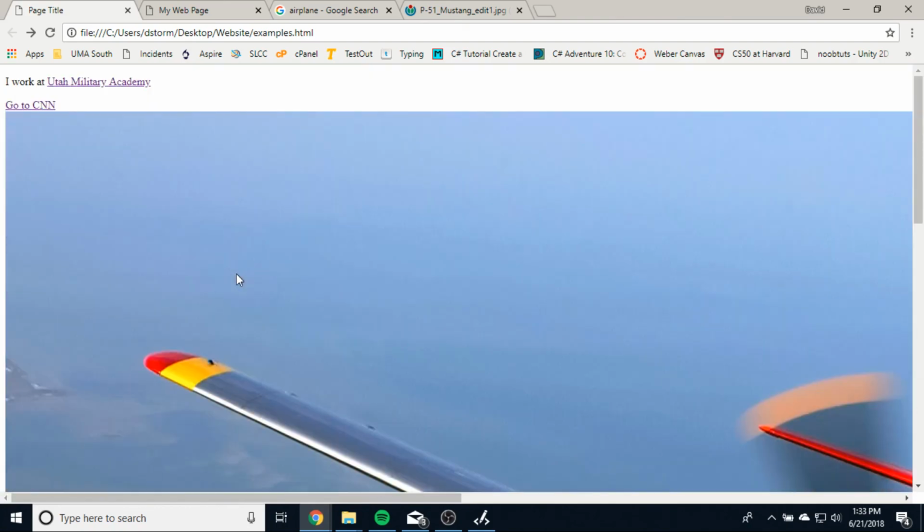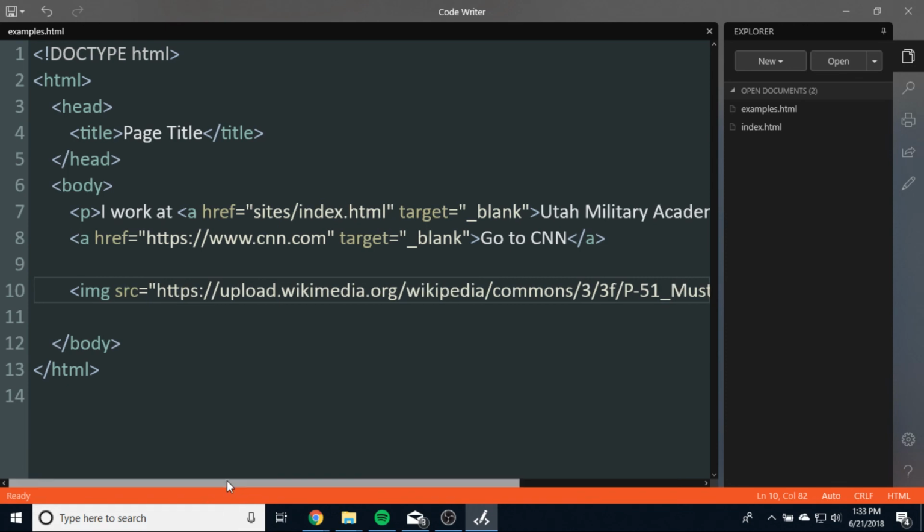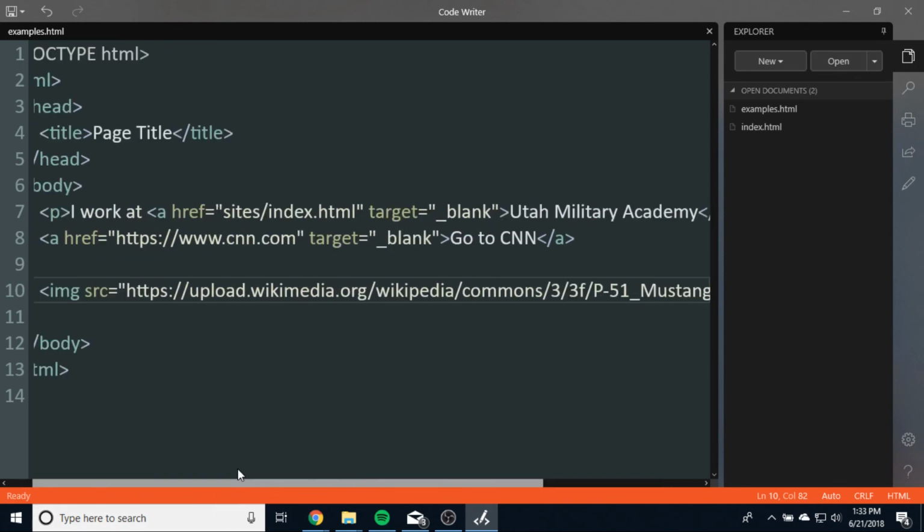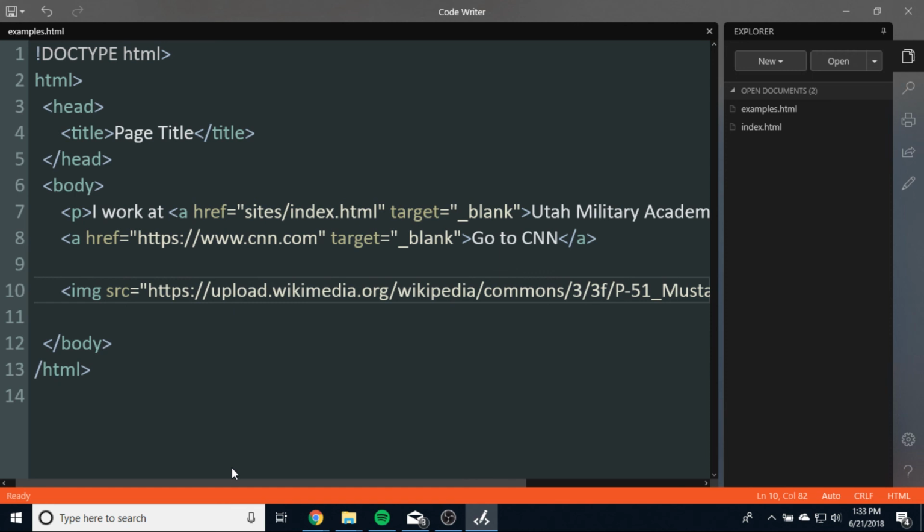Well, there's one important thing that we haven't done yet. Actually, a couple important things, but one important thing that we haven't done is we haven't set this up so that it is ADA compliant. Now, ADA compliance is something that you probably have never heard of before. And you probably maybe don't know why it's important. ADA stands for American Disabilities Act, and the American Disabilities Act is a set of laws that dictate how businesses operate. And because web pages themselves are essentially businesses, we need to be compliant with ADA rules and